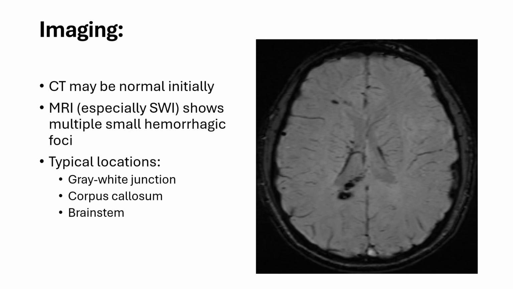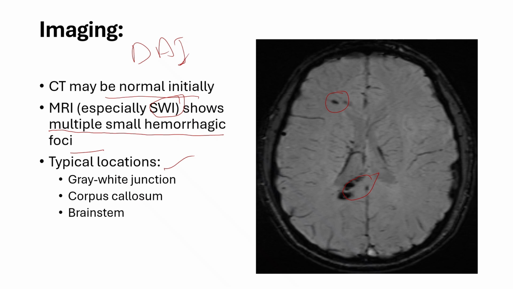Now the imaging findings of diffuse axonal injury. Initial CT shows normal findings. For diffuse axonal injury, MRI is the investigation of choice, especially SWI or T2 gradient. What we see here are multiple small hemorrhagic foci in typical locations like the gray-white junction, the corpus callosum, this is the area of the splenium of the corpus callosum, and also the brainstem. So in a case of trauma presenting with hemorrhagic foci at the gray-white junction, corpus callosum, brainstem, then think of